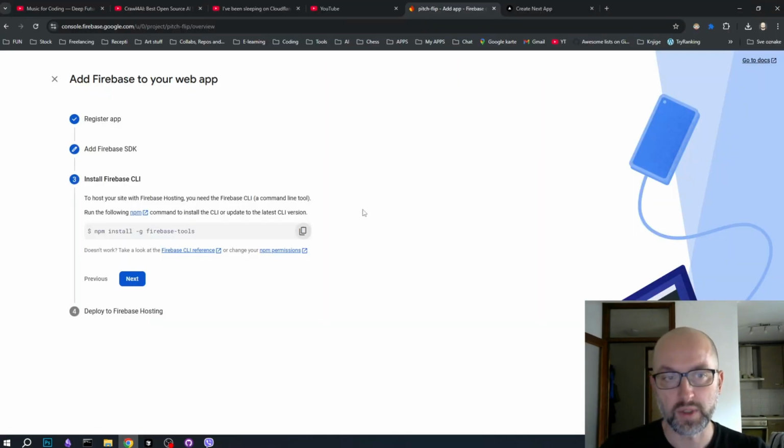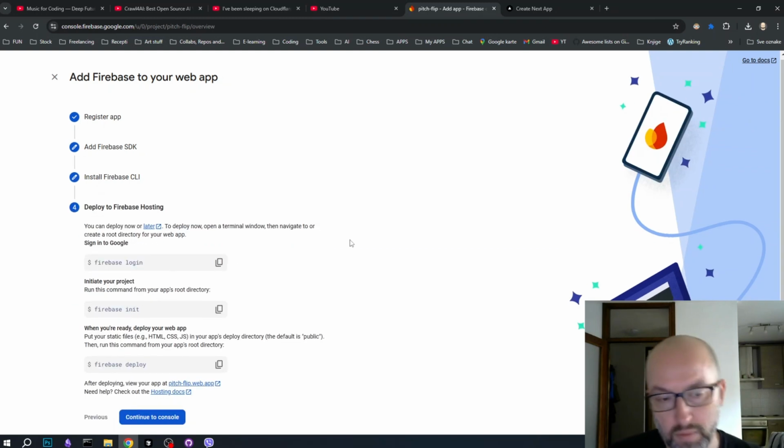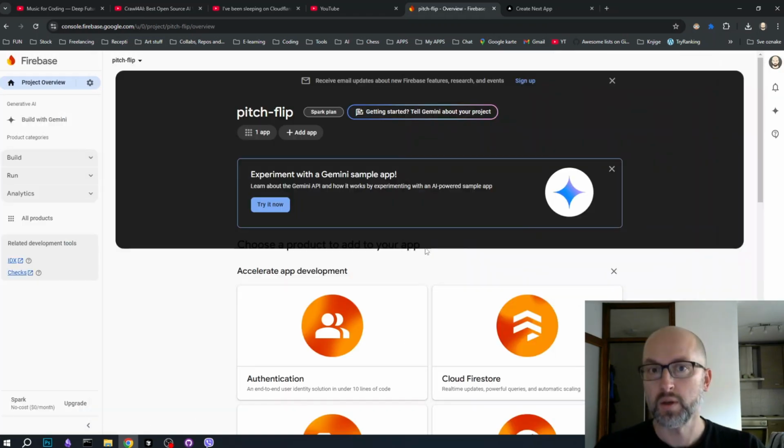Okay, so after we installed the Firebase CLI, we can deploy now or later. We will deploy later. So right now we have set up our Firebase,